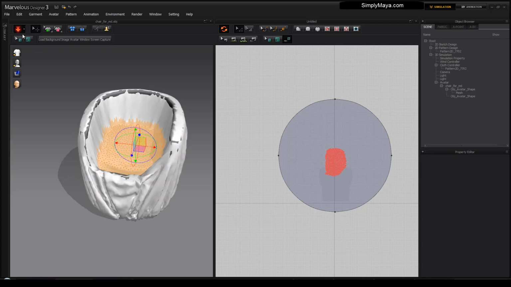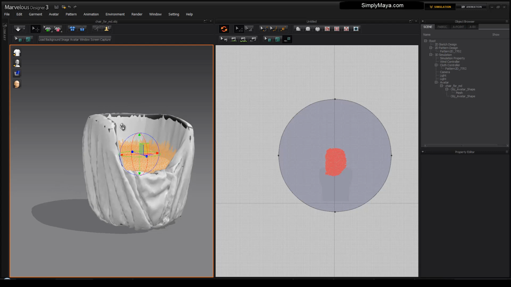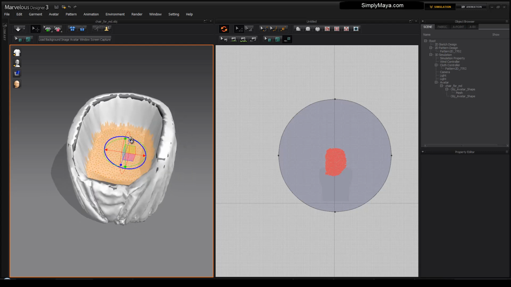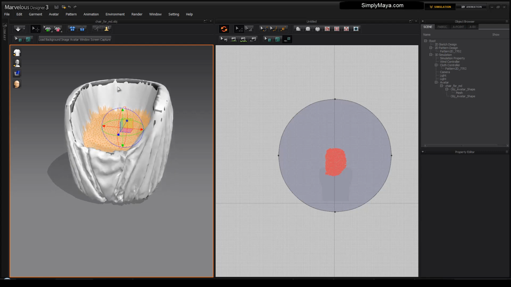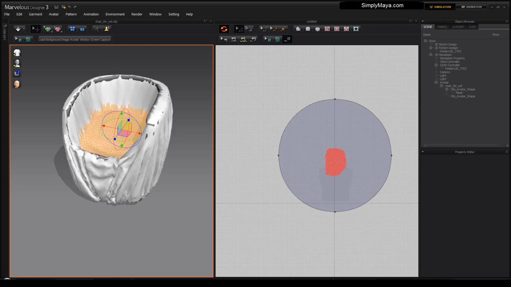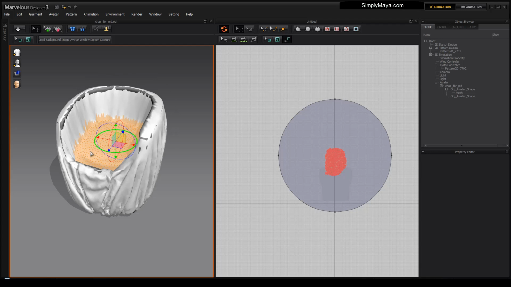okay, that's down far enough, and you'll notice I didn't do it all in one big jump, because sometimes if you make too much of a large change with Marvelous Designer, your fabric can sort of explode and your simulation will go horrendously wrong. So whenever I'm using this kind of pinning method to give me a fabric look, I prefer to do a little bit, simulate, stop, and then do a little bit more, rather than trying to get it all done in one giant pass. So what I can do now is click attach to avatar,